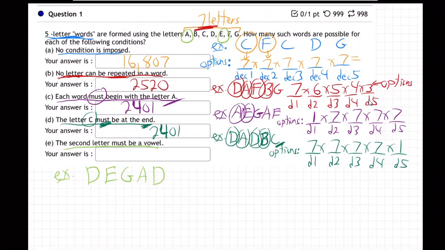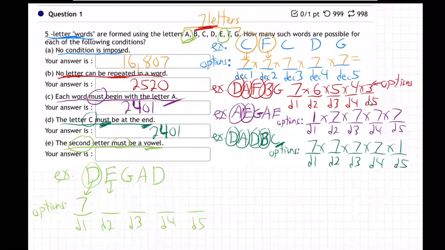So I just made 5 decisions. 1, 2, 3, 4, 5. Decision 1, decision 2, decision 3, decision 4, decision 5. For the first decision, and then we do options, right? It's all about decisions and options. For the first decision, how many options? Well, 7. Do any letter you want first. I chose D. Now for the second one, see the second letter must be a